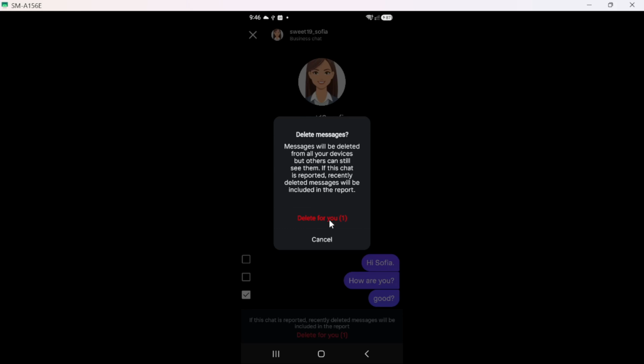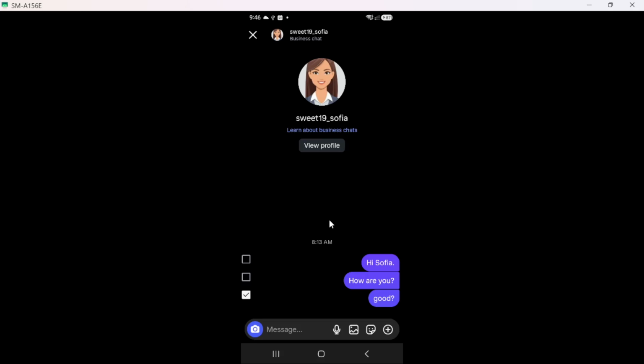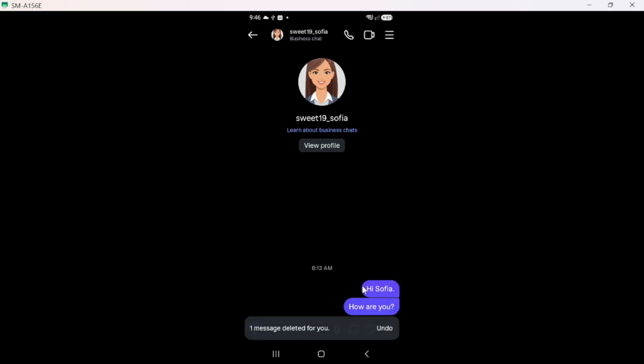In summary, you have learned how to delete chat history on Instagram. We started by opening the app and logging in, then navigating to messages, and finally finding and deleting the chat. Remember, being mindful about what you delete is key, as it cannot be undone. This little guide can help you manage your chats more effectively, ensuring your Instagram experience remains clean and organized.